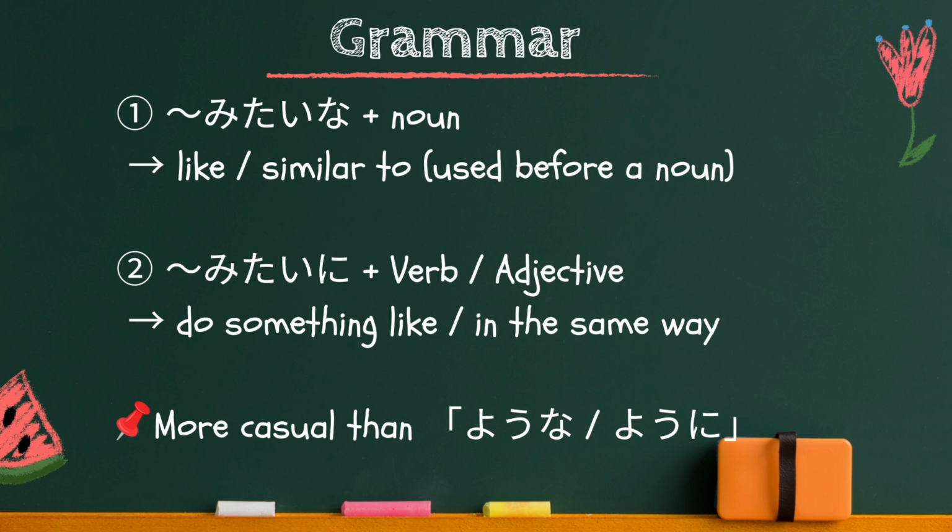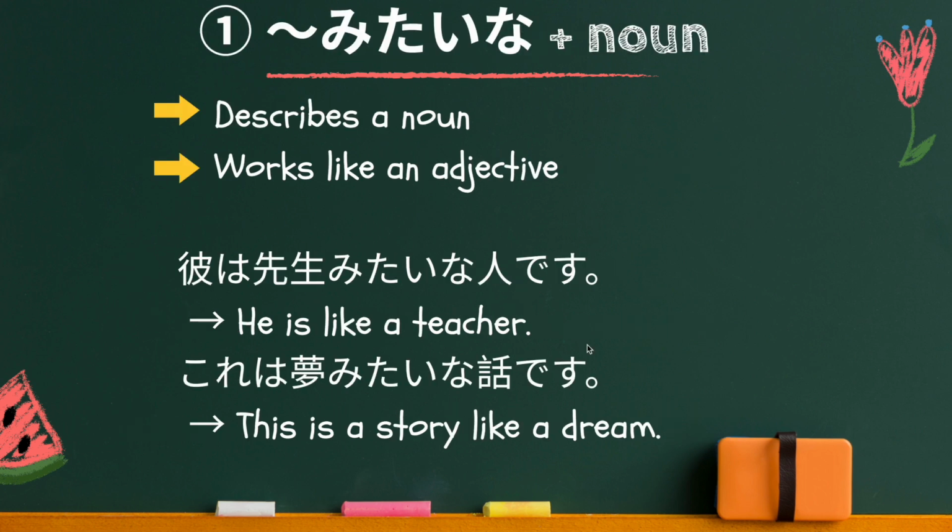Grammar format is this. When you use みたいな, there has to be a noun. So みたいな is used before a noun, meaning like, similar to. But the second one, みたいに is used with a verb or an adjective, meaning to do something like, in the same way as. This みたいな and みたいに is more casual than ような、ように。